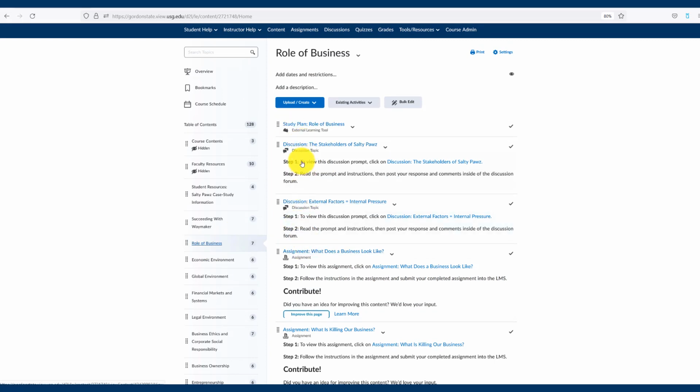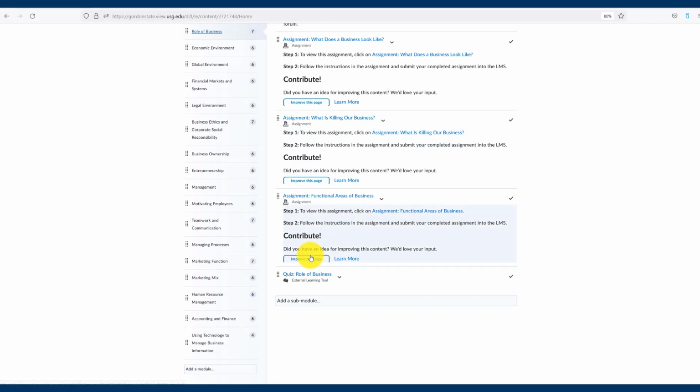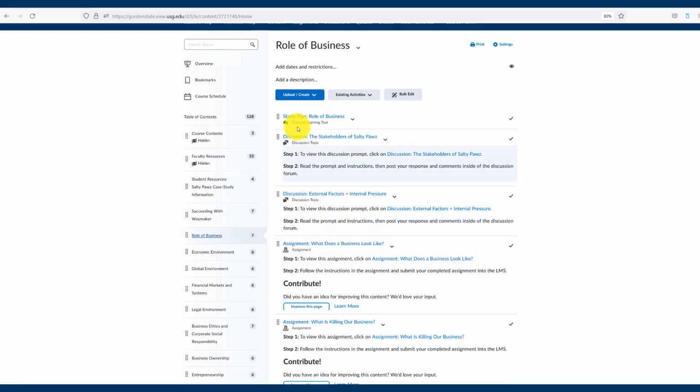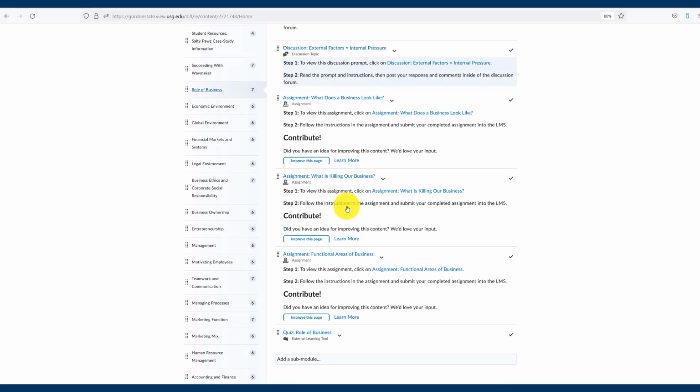You might have different activities. Some of them have discussions. This one actually has 2 discussions. You might have a discussion, you might have an assignment, and then down at the very bottom, you usually have a quiz. So some important notes here is, first of all, notice the study plan and the